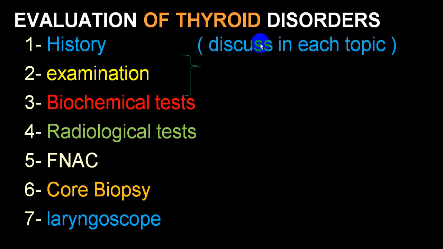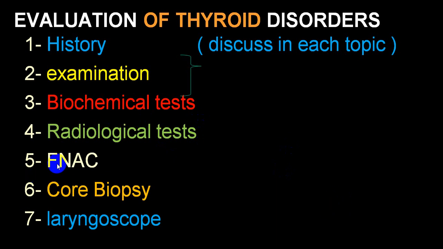Now when you go through thyroid disorders, you want to evaluate whether the person is having a thyroid disorder or not. History and physical examination is very important. Biochemical test for T3, T4 and TSH level is very, very important. Radiological test is mainly for identifying a thyroid goiter, effect of tumors, thyroid nodule or tumors on surrounding structure, we call compressive effects.